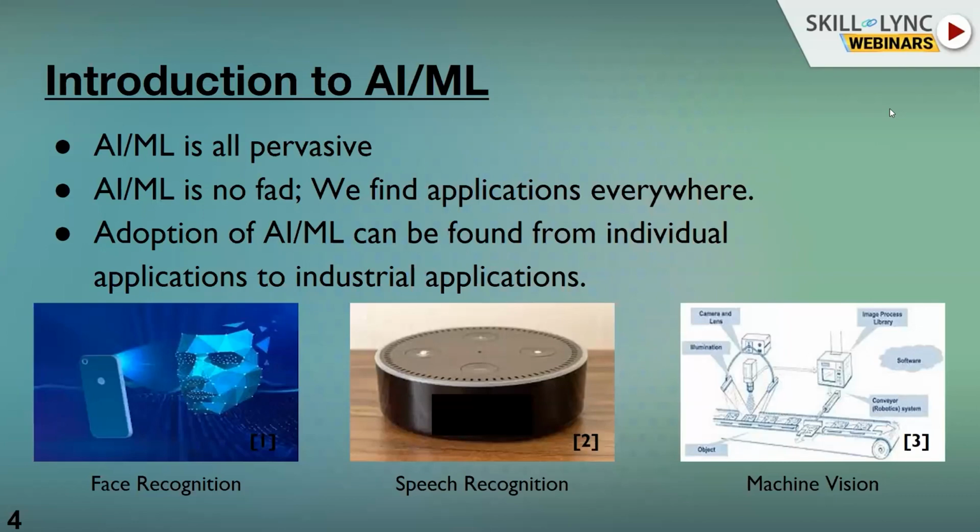And especially if you look at manufacturing, the machine vision applications. When you say machine vision, as the name suggests, it is how machinery can mimic the vision capabilities of human beings in order to monitor the quality processes in manufacturing. All these are applications which are already there in the real world, right? So artificial intelligence is not a theoretical concept. The world is already adopting it, and we are already seeing the applications of it.